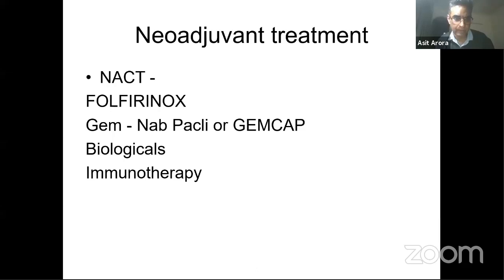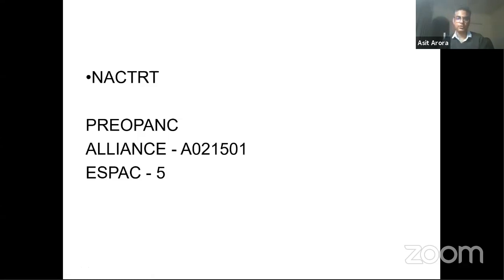Next slide, please, Nikhil. Yeah. So now the data on neoadjuvant CTRT. We have to have a discussion on radiation. In our experience, unfortunately, whatever little experience we have of downstaging our preoperative patients is with neoadjuvant chemotherapy. We don't have any personal experience of radiation, but as surgeons, we do have apprehension about operating on an irradiated field.